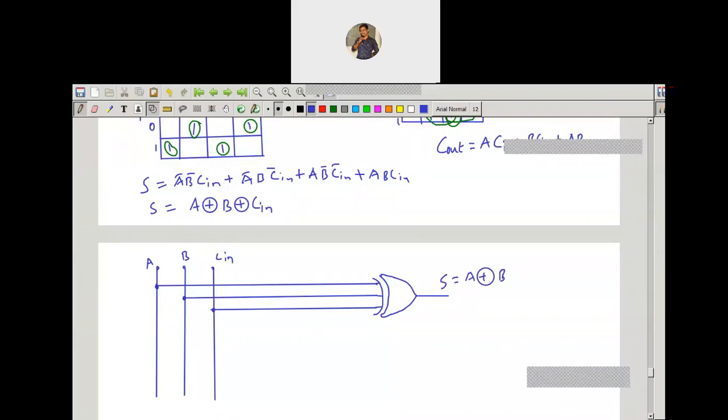Now what about the carry? To implement the carry, what do we require? We need three two-input AND gates, and after that we need a three-input OR gate. You need the three AND gates to implement the AC, the BC, as well as the AB. So first I'll implement the AND logic for AC.